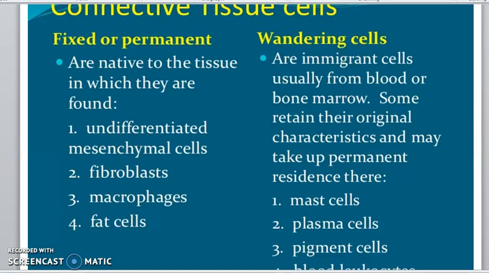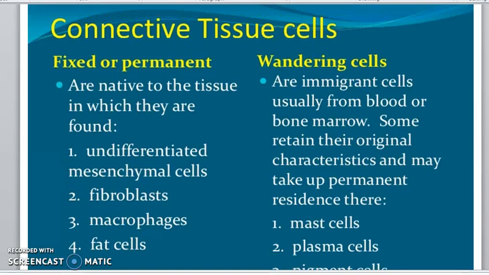Connective tissue cells. We have mentioned they are either fixed or permanent cells, as well as wandering cells. Fixed cells are native to the tissue in which they are found. That is, they are always there. One of such is undifferentiated mesenchymal cells, the fibroblasts, the macrophages, the fat cells. Remember the other time we mentioned adipose, when you see fat, you say fat or adipose cells, they are the same thing. While the wandering cells are cells that can move from one location to the other,